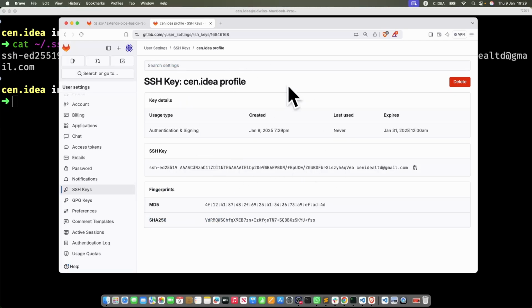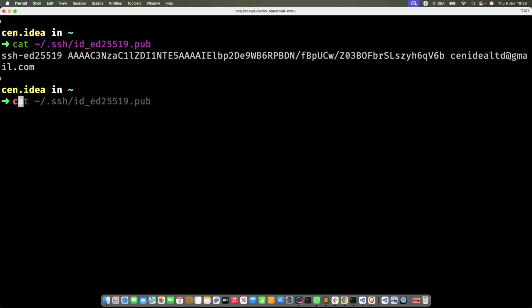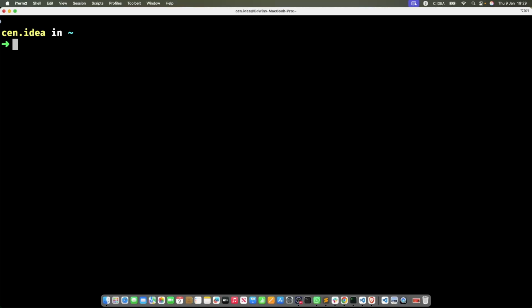This is going to be added. In this case, the key is now added. The next thing we need to do, as we said, is to go back here. I'm just going to clear this now. So the next thing we need to do is to actually open up or create